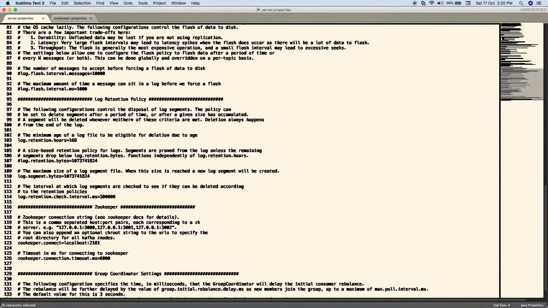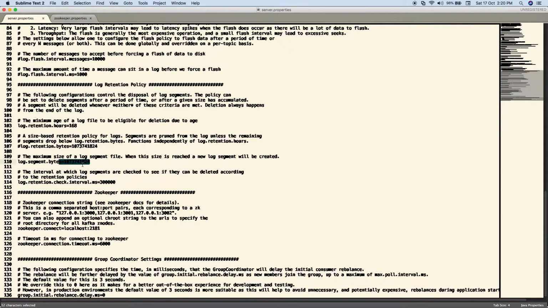Okay, let's see the retention hours. What it's trying to say is, whenever any message comes on a Kafka server, it can stay for 168 hours. After that, that message will be deleted. So before that, you have to process that message. This is the lifetime of that message. It is the place where you can modify it. You can keep it 24 hours, you can keep 48 hours, or by default it is 168 hours.